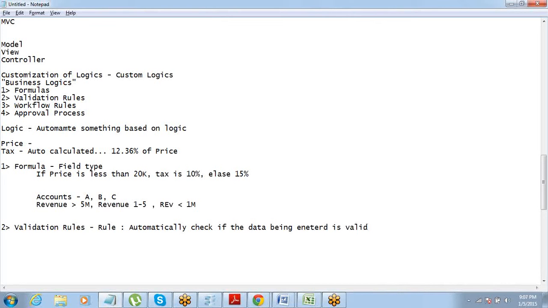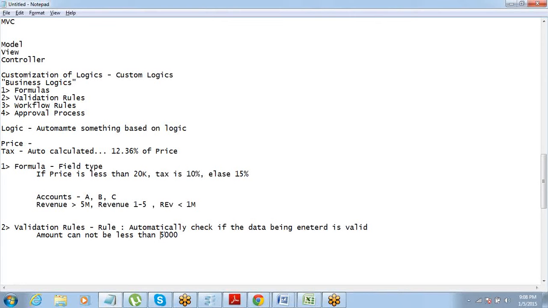Okay. So how does it check it? That logic also we have to define. Okay. Let's say your company has a rule that the amount of an opportunity cannot be less than 5,000. So the minimum opportunity that we can take is $5,000. We are not going to do any business which is less than $5,000.